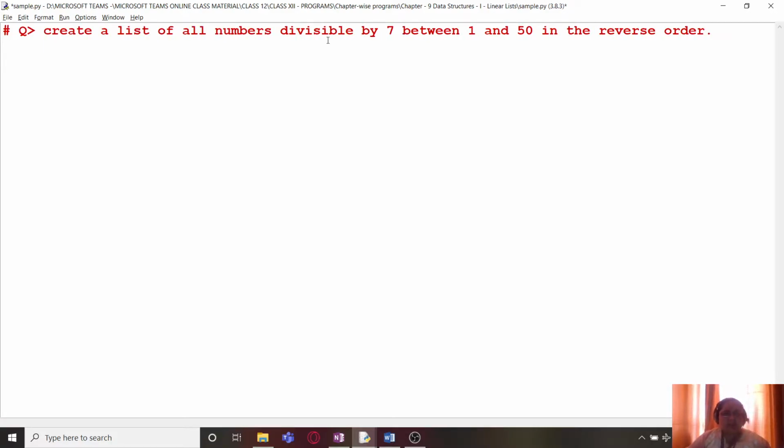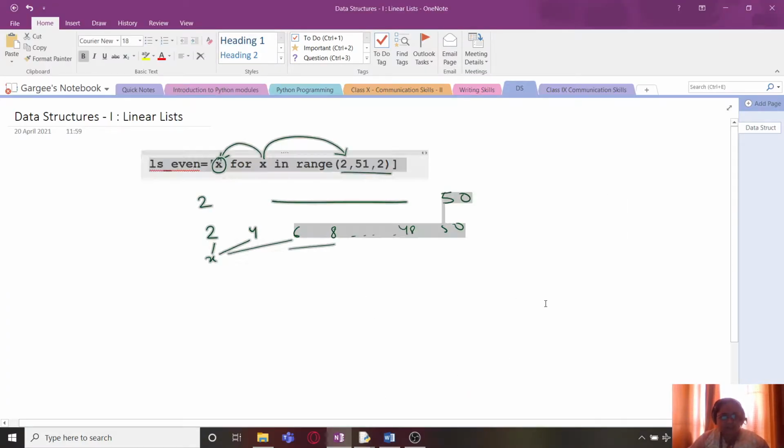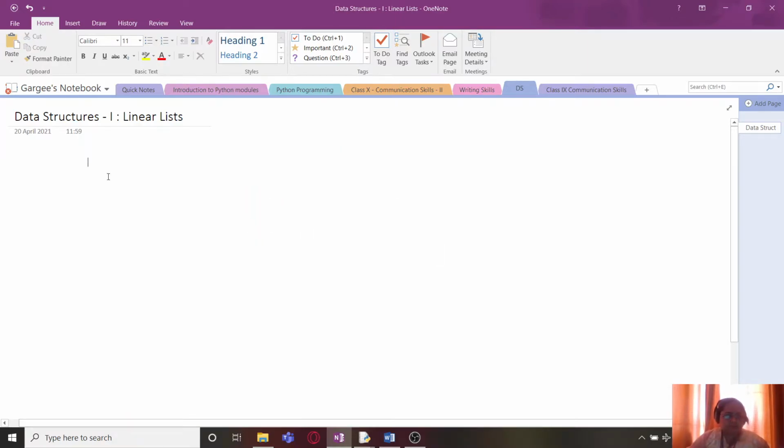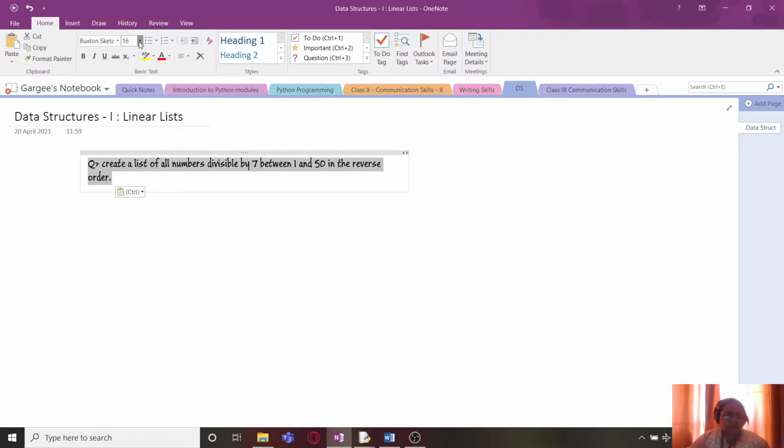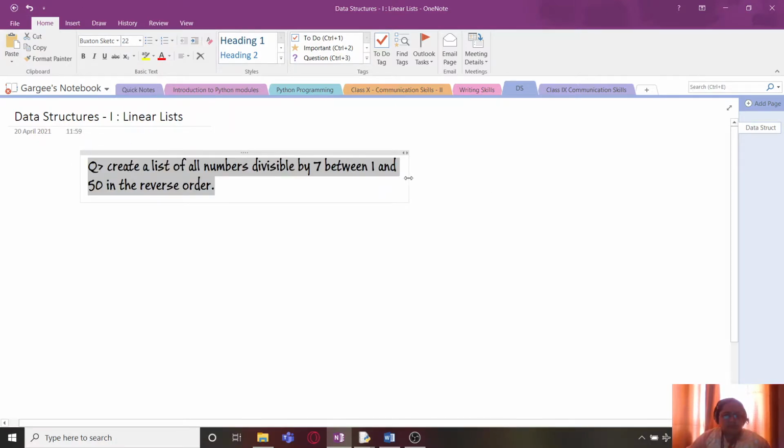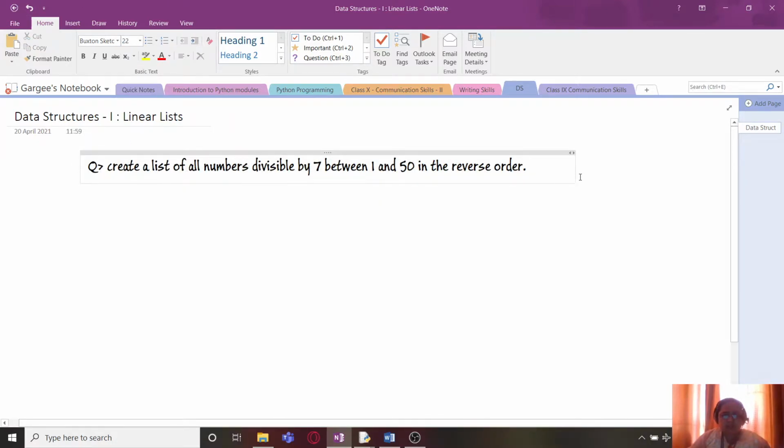Create a list of all numbers divisible by 7 between 1 and 50 in the reverse order. So if we had to do this, what will we do? We are first going to discuss this. So this is my question over here.